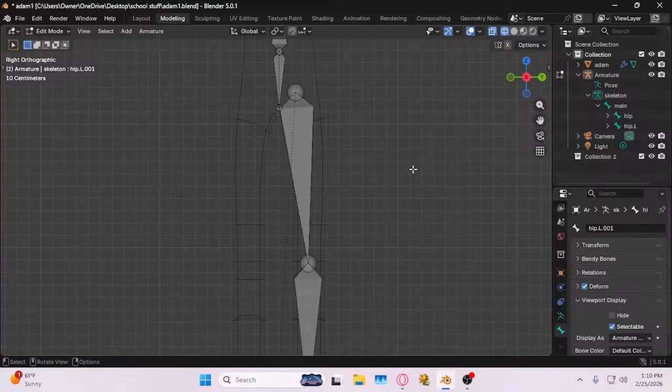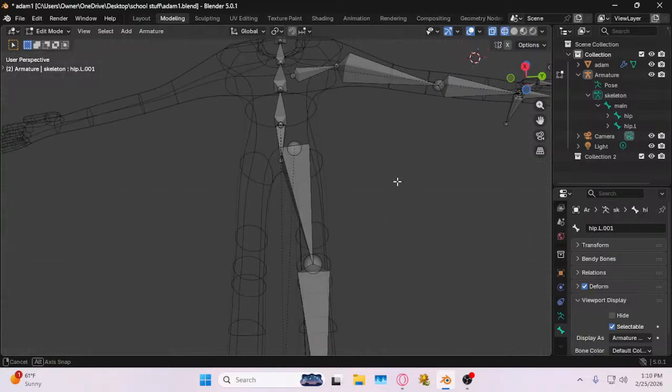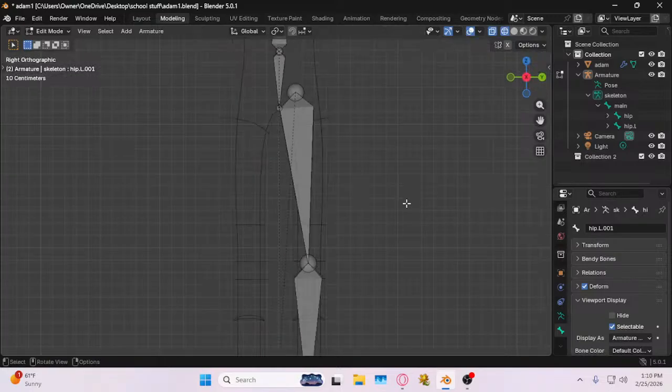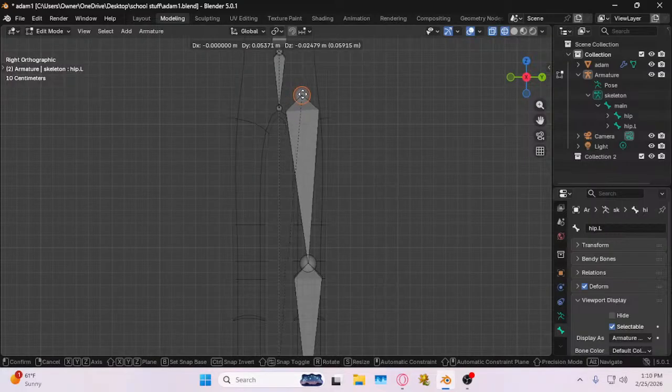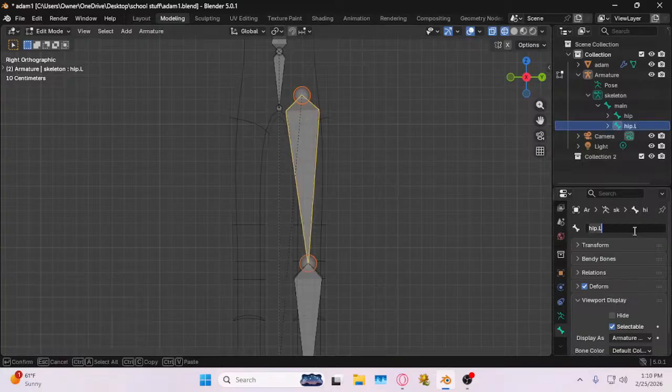So now let's take this bone at the top. I might move it down just a little bit more. Let's select this top bone and let's call that leg, or maybe even upper leg, dot capital L. The dot capital L is